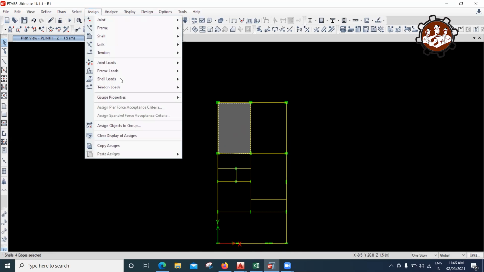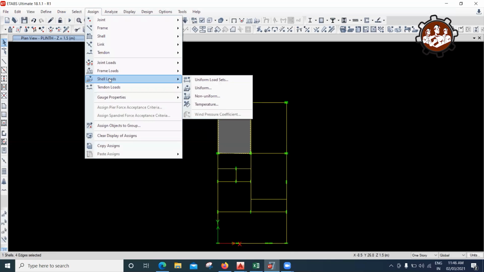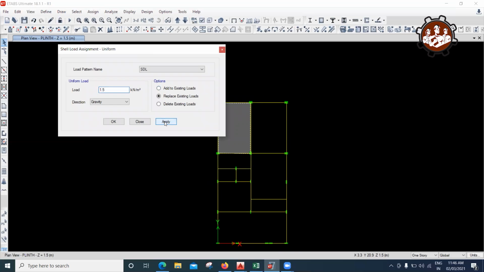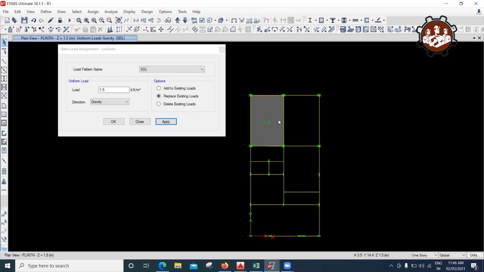I'll go to the shell load because slabs are considered as a shell element. I'll go to the shell, then the uniform option. Now you can see a dead option, live and a SIDL have come. So let us say I'm taking SDL, which stands for superimposed dead load, and I'm adding 1.5 kilonewton as a floor finish. The moment I hit apply here,